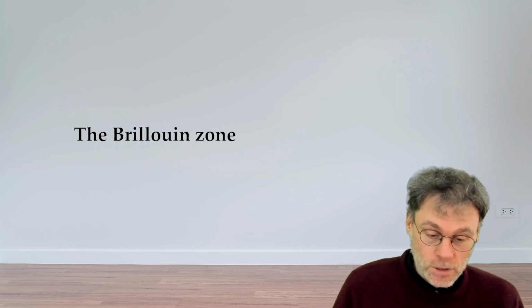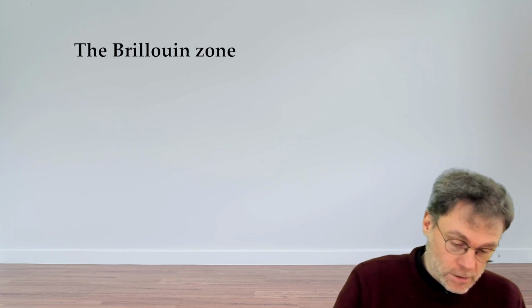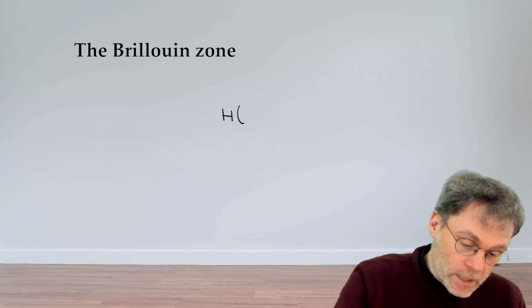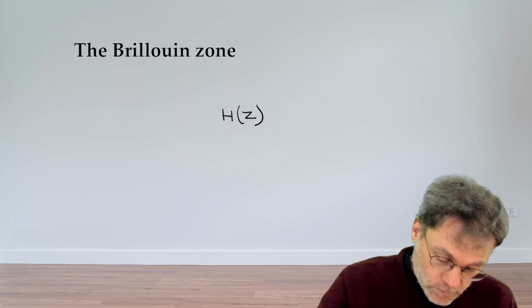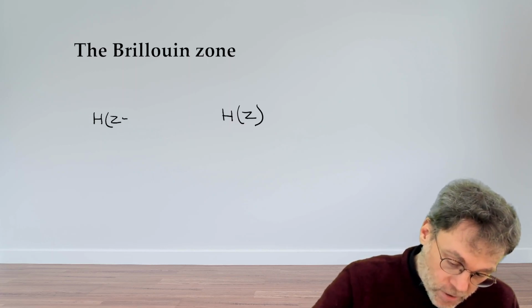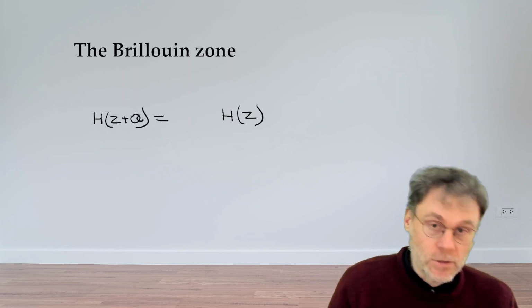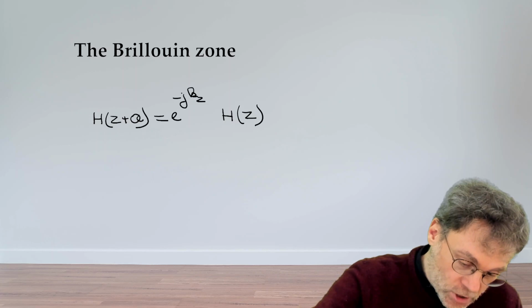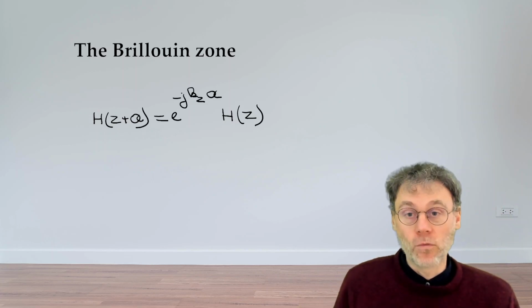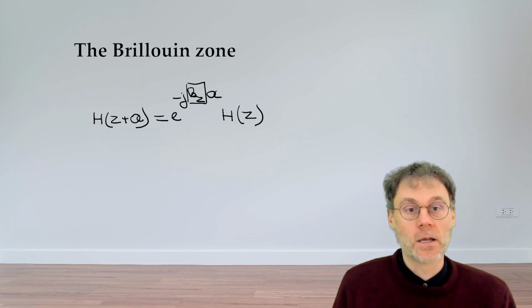In a previous video, we looked at Bloch's theorem. Bloch's theorem told us that if we're looking at solutions to Maxwell's equations in periodic media, and we write that down in a 1D periodic case, then if you look at the fields at a certain position z, and you want to figure out the relationship between the fields at position z and the fields one period away at z plus a, Bloch's theorem basically told us that the relationship between these two fields is just a simple phase factor, exponential minus j kz a. And then we've chosen to label our solutions, our Bloch modes, with this kz value, this wave vector,